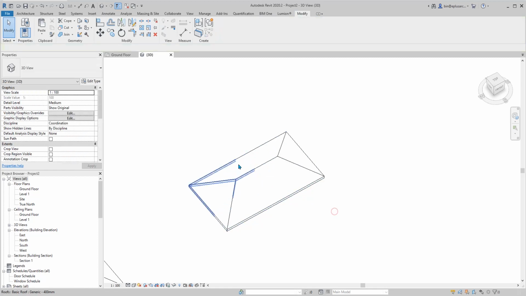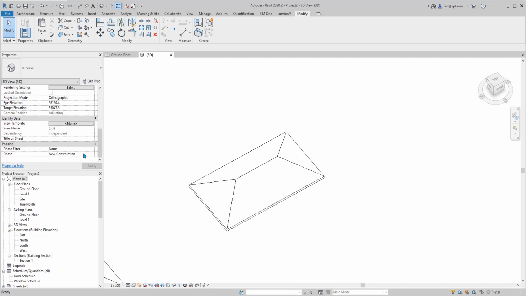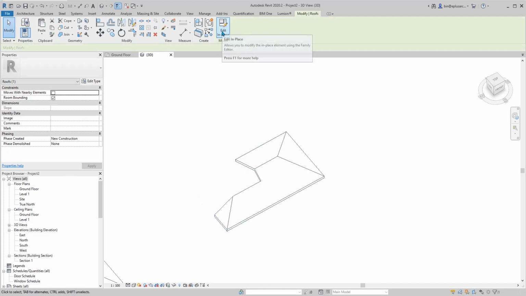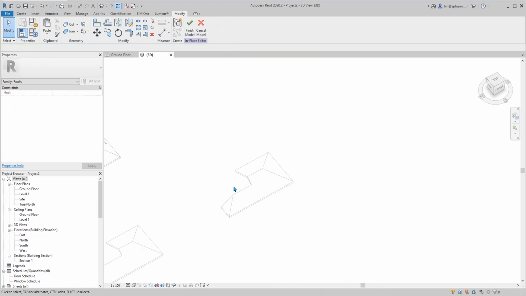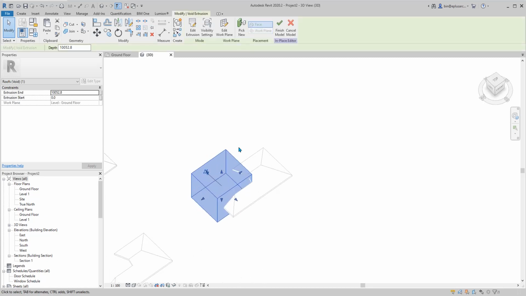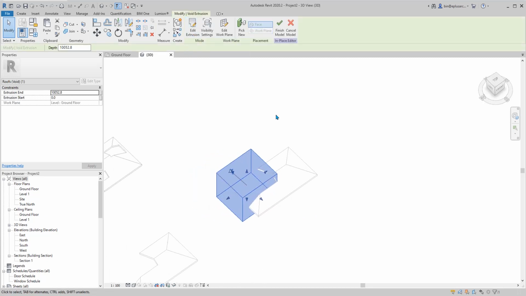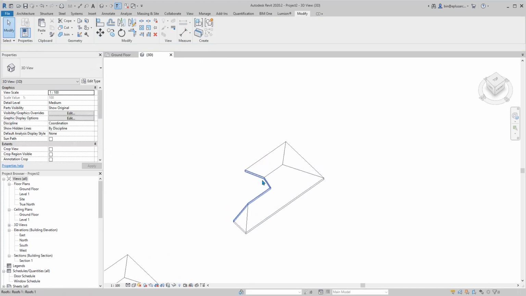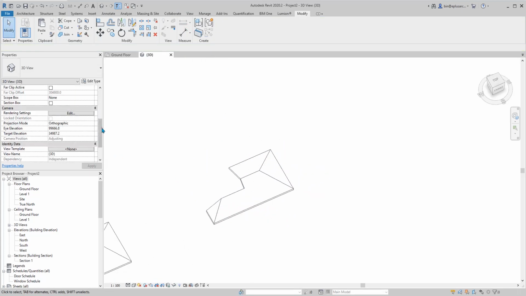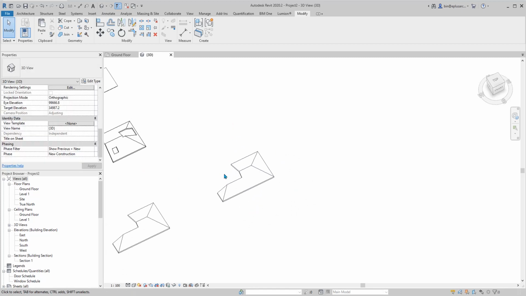Previous and demo. Let's see. Previous and new. You can select this edge, and then if you find this edit in place, which means you find it, then it's here, and then you can edit extrusion. Okay, so yeah, this is also a good way to demolish part of the roof. So yeah,